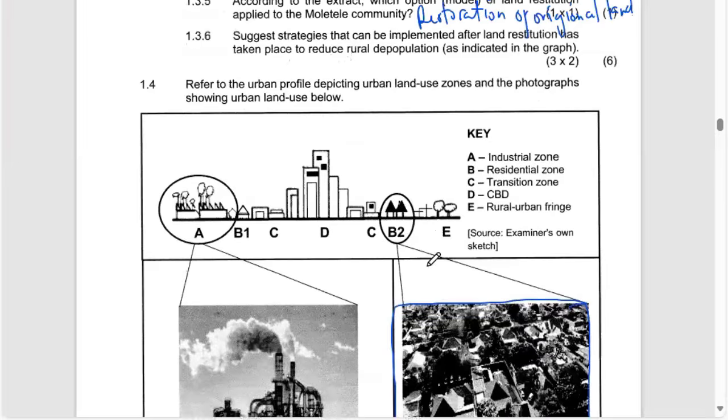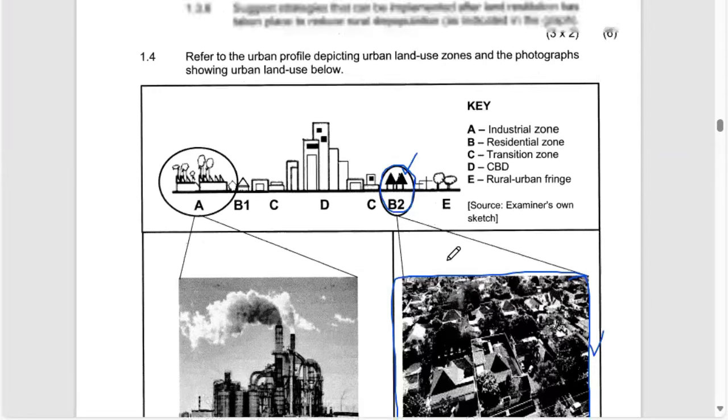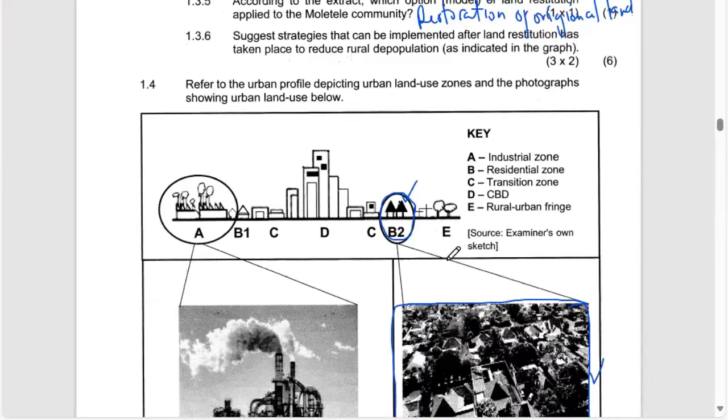Right. So we are going to use this here, and we are going to use this here. These are our two pieces of evidence. We want to find out justification that that one is a high income area. By looking at this profile, we analyze using the location of this area here. If we check the location, we can safely conclude that this is a high income area because it's located away from